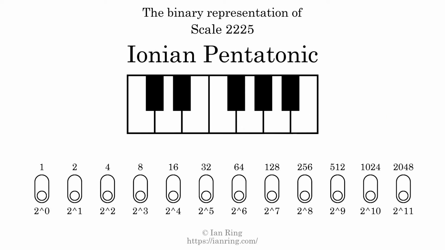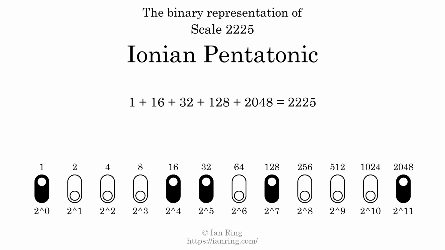The binary representation of this scale is determined by mapping tones of the scale to binary digits. Each binary digit represents a power of 2. To get the scale number, we add the powers of 2 together. The powers of 2 that are present in the scale, all added together, equals 2225. That is why the scale number, in decimal, is